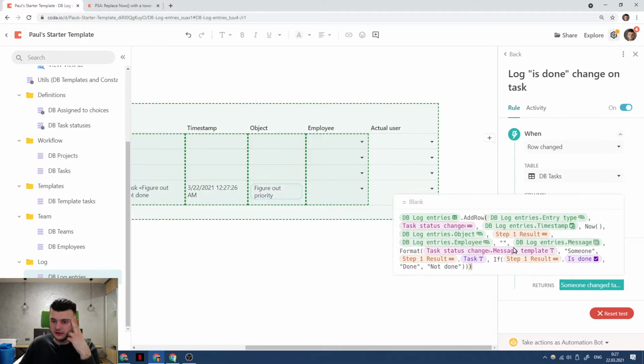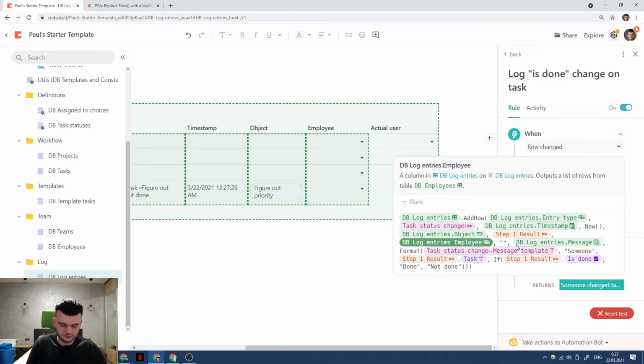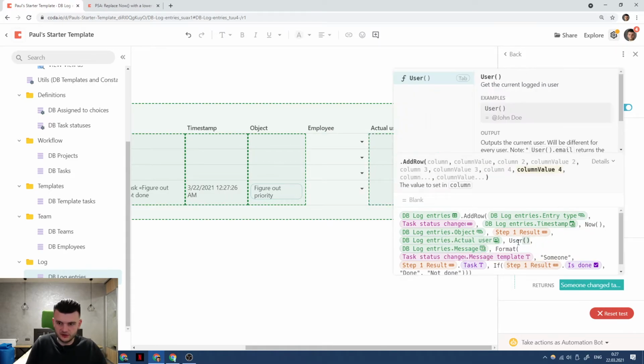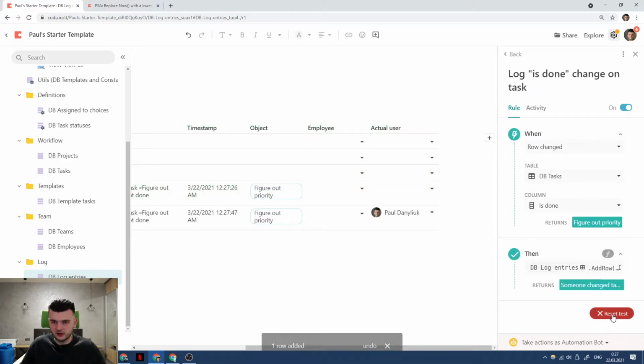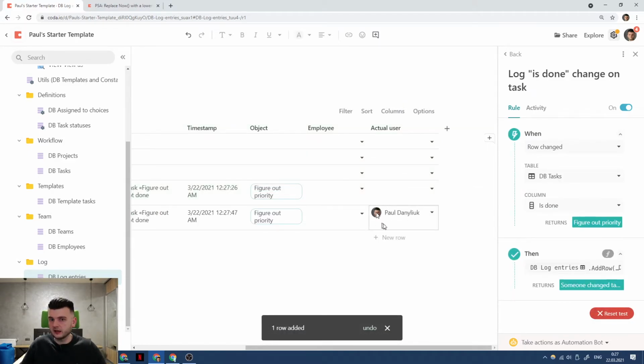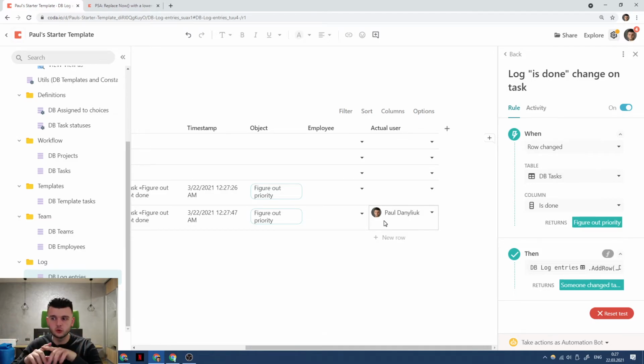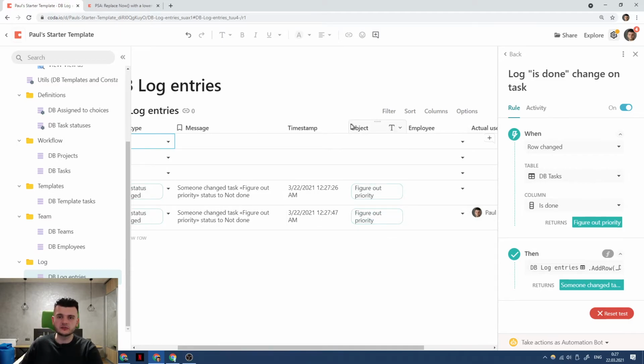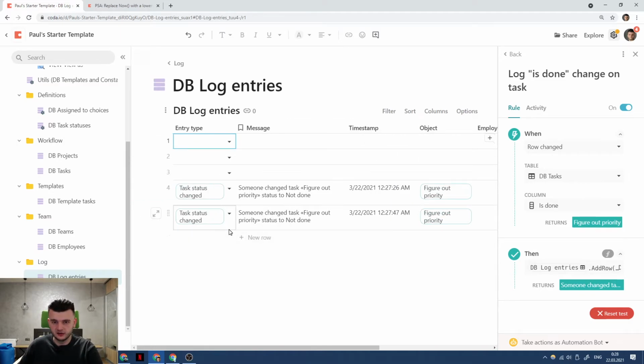By the way, if I add the actual user, I set the user variable here, and I run the test. Yeah, it added the actual user here. So the user function works if I'm testing this on the browser level, and timestamp would work fine. But